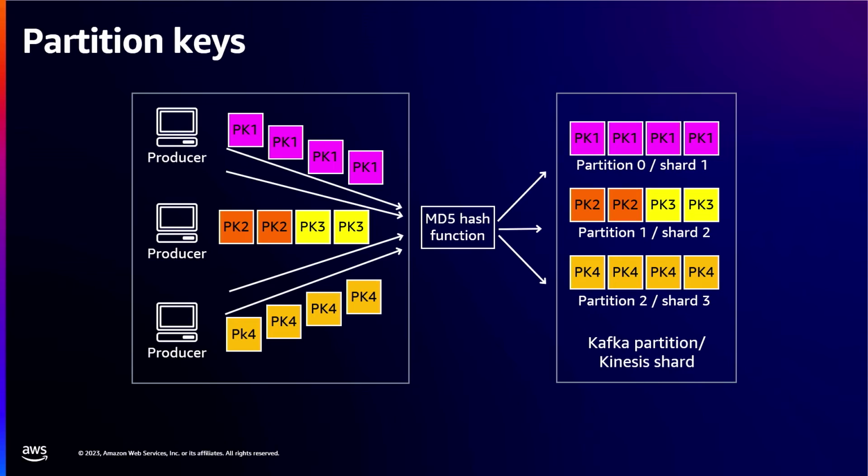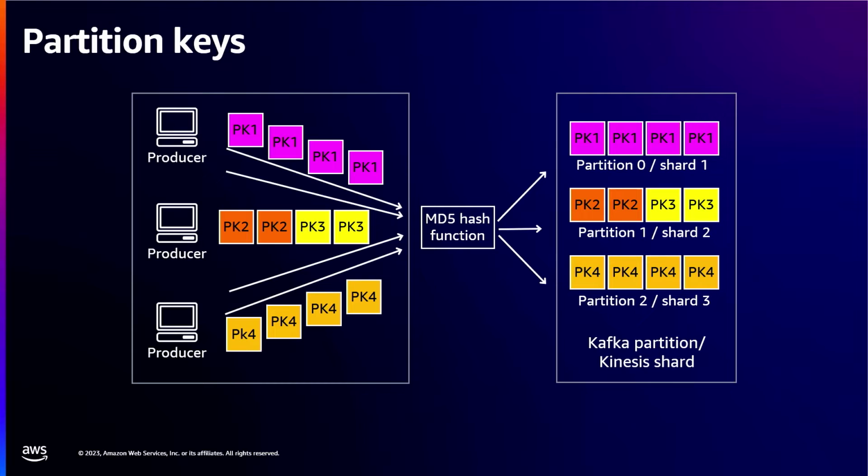And obviously, the partitions you can manage with partition keys. A producer can specify a particular partition key, and this can be varied; it can be any kind of thing you can use. Basically, there's then an MD5 hash function, and Kinesis or the broker is then going to use that hash to place the record on an individual partition or an individual shard, and that's always going to be in order. And then you can use multiple partition keys, and they can land up in a single shard.